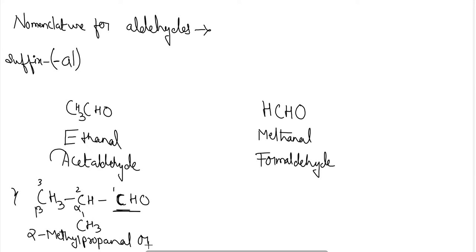So the other name of this compound will become alpha methyl. Why? Because the alpha carbon atom contains this side chain methyl group. So the name of this compound will become alpha methyl propionaldehyde. Here the suffix will be removed, and in the place of the suffix we will use the word aldehyde, and with the aldehyde word we are going to use propion. So like this the name of the compound will change when you are using the position of the particular carbon atoms in the IUPAC naming system.